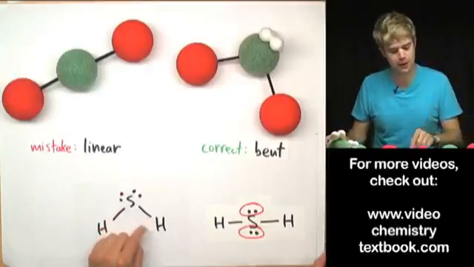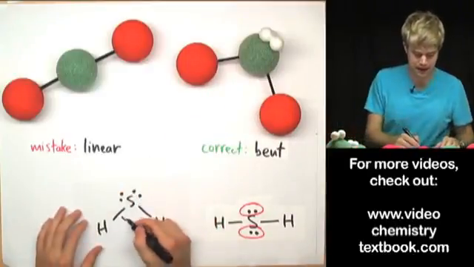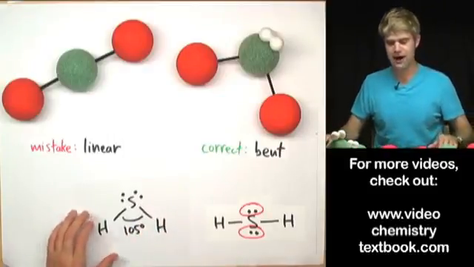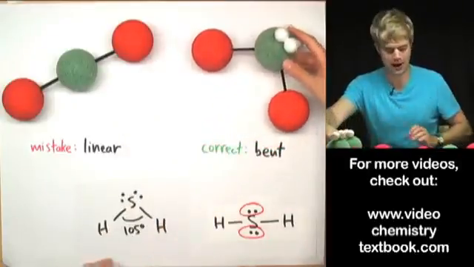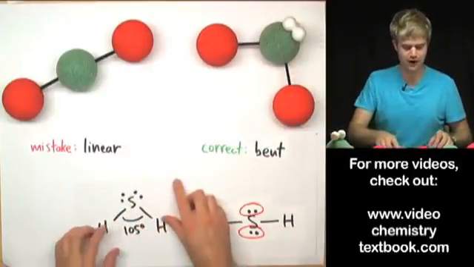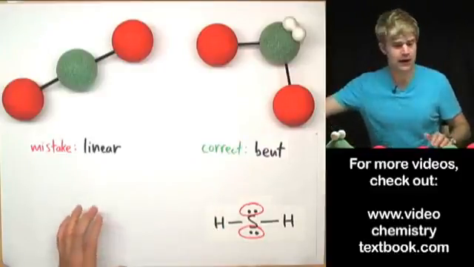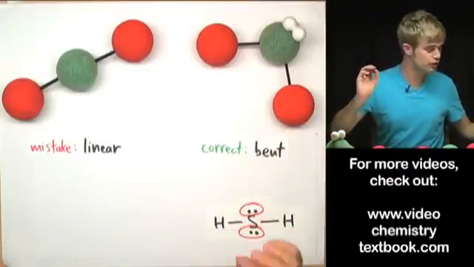And if we were doing this, we might want to show the angle between these bonds here. And this angle would be about 105 degrees. So a bent molecule like this with two unshared electron pairs and two atoms will have about 105 degrees between them. Okay? Now, as I did before, let's talk about what molecules would look like that really were